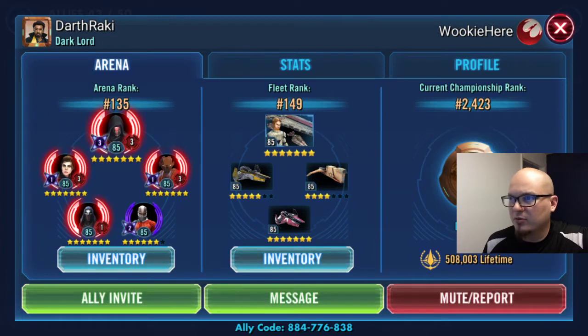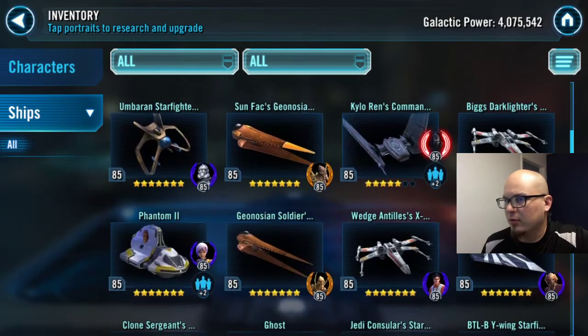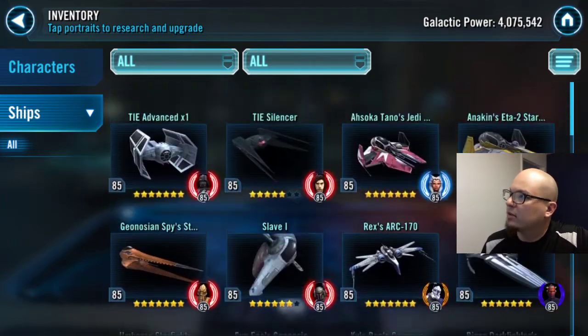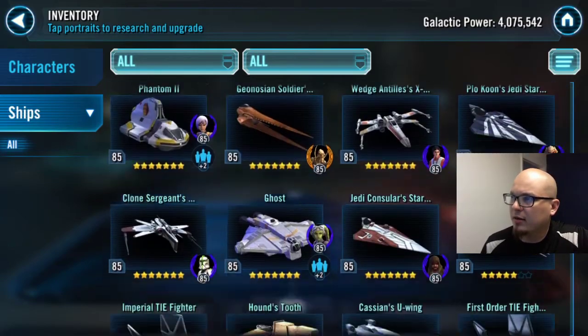So right off the home screen, I'm gonna say get your Anakin Starfighter and Houndstooth. Houndstooth definitely to 7 stars. You should have had that already, but I'm sure you know that. I don't know how you don't have that farmed up with what else you have in here. So he's sitting at 4 million power, and